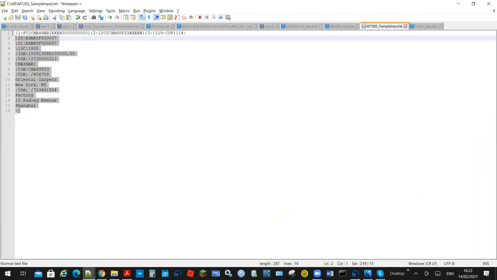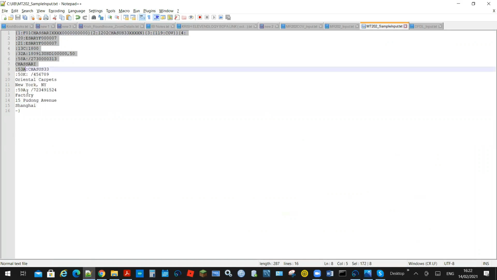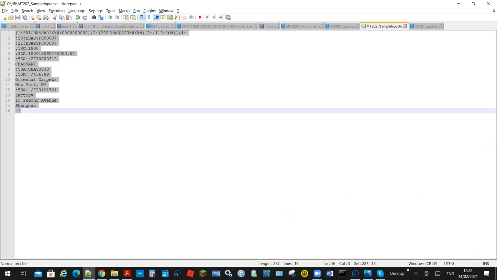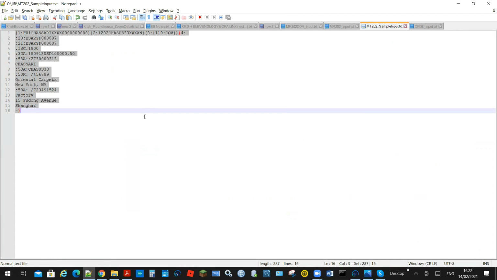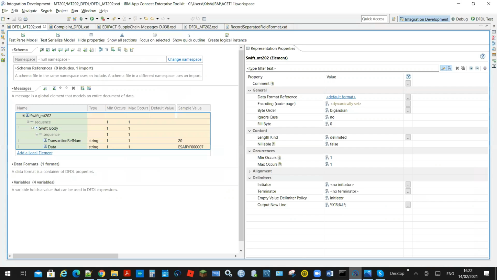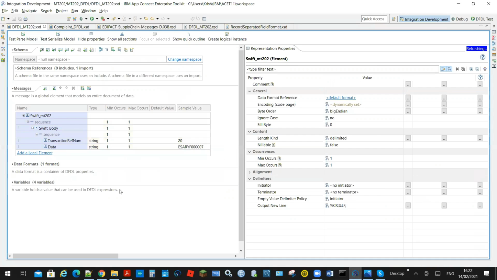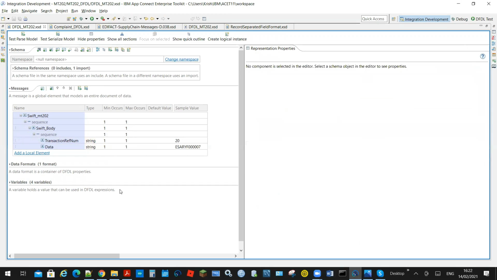I don't know about the organization, so I'll check with them how to do that. Okay, and then we can do it on our own. Once we have that support pack, we have to update our toolkit, and then... No, you'll have to download the support pack. When you download it, you will get